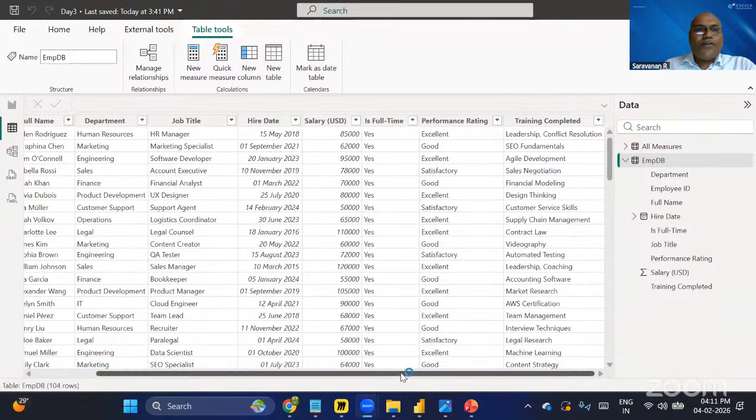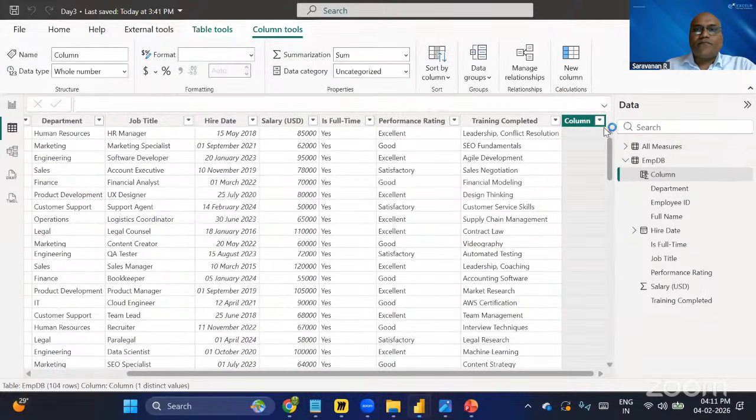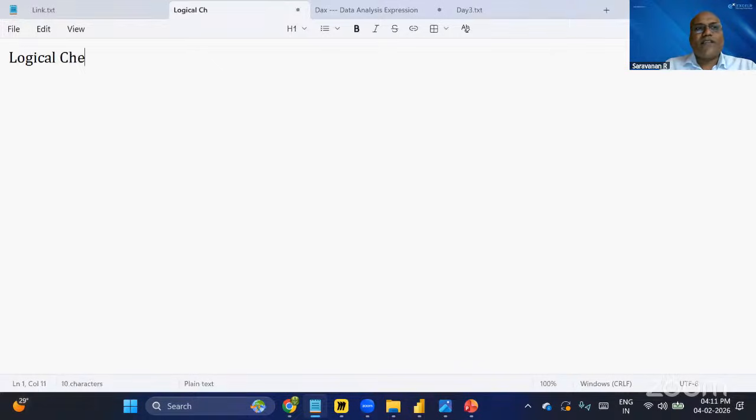Okay, now what we are going to do is, instead of new measure, I want to add a new column now. I'll click on new column. See, each year some new functions will evolve, right? Initially, for logical checking, we had the if function, then we